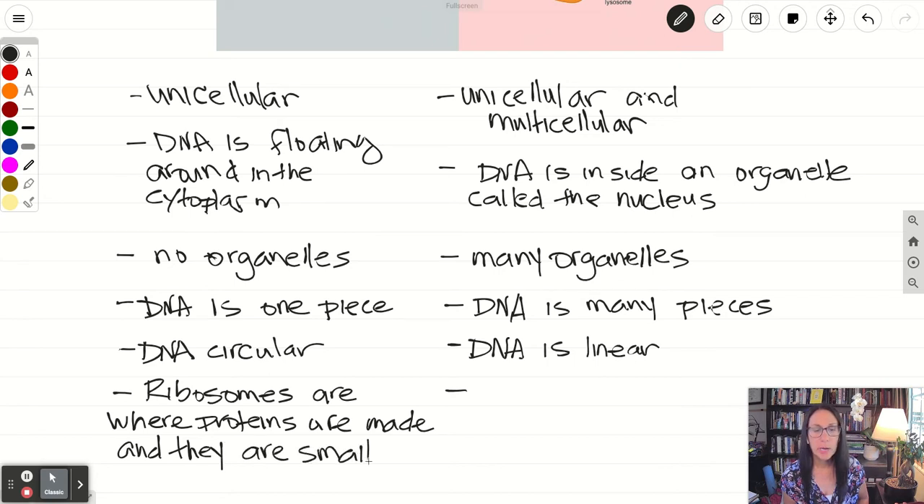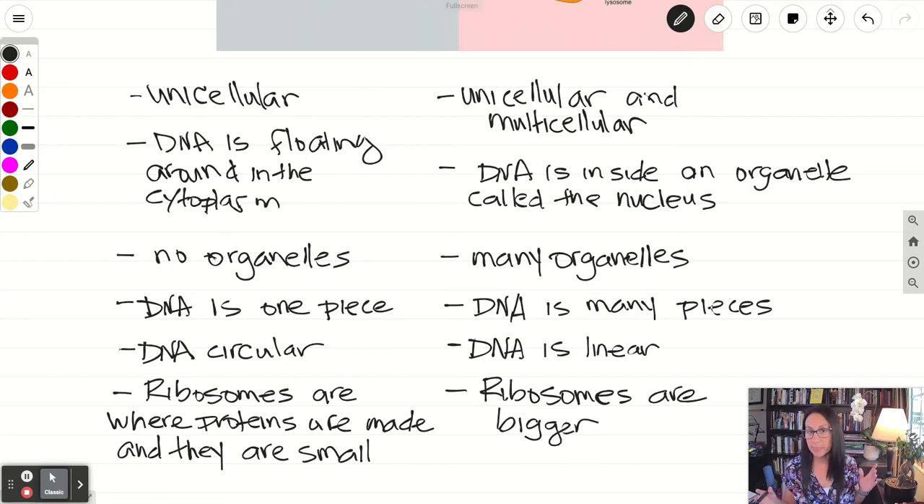Okay, so a prokaryotic ribosome is small. A eukaryotic ribosome is large. I'm going to say are bigger. Not a whole lot bigger, but they are definitely different. So if you looked at a ribosome, you could tell if it was a prokaryotic ribosome or eukaryotic ribosome based on the size. What else? Okay,